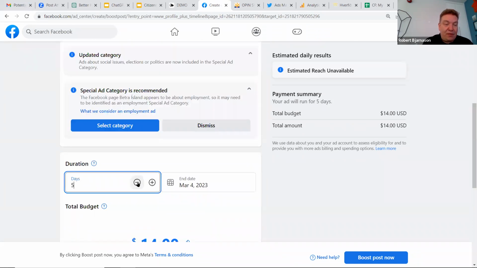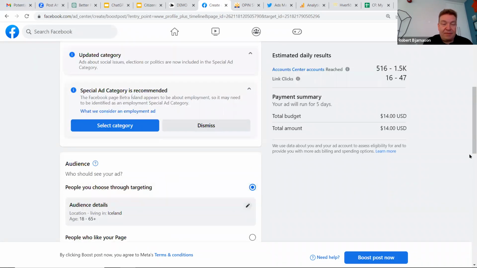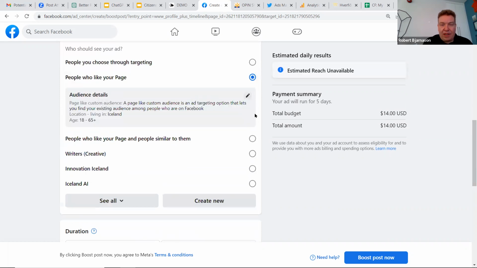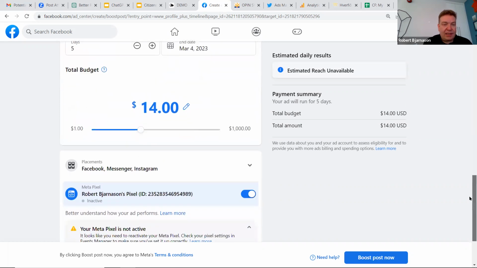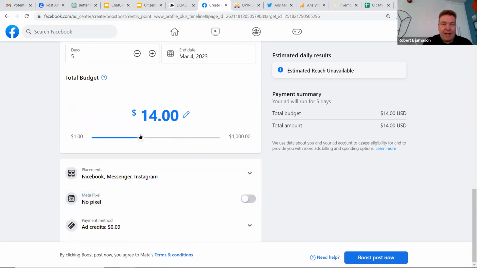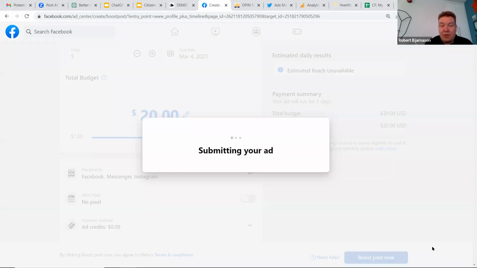And I'm only going to have it for 3 days here, for people who like your page. I'm going to use $20 here, and then I see here the total budget is $20 US, and then I can press boost post now.